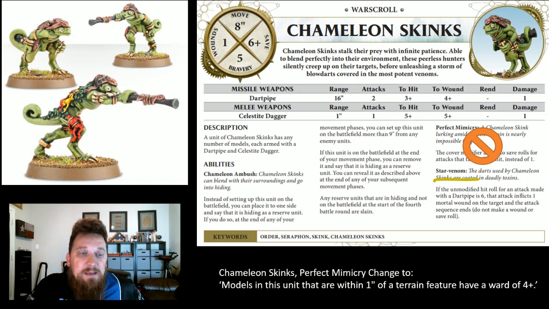The Chameleon Ambush. Instead of setting this unit up on the battlefield, you can place it to one side and say that it's hiding as a reserve unit. If you do so, at the end of any of your movement phases, you can set up this unit on the battlefield more than 9 inches away from enemy units. So you're going to be deploying this unit off the table, and you're going to be looking to strike sometime in the game. Now, you do have to do it before the 4th battle round,